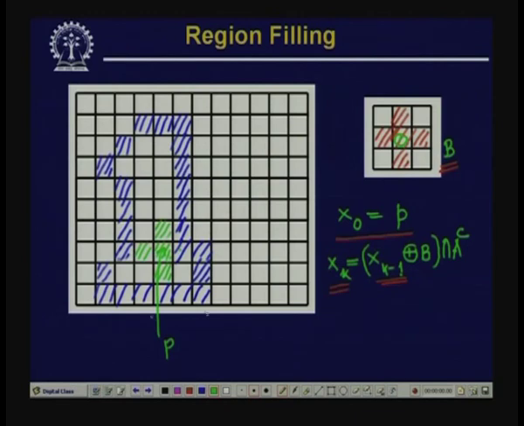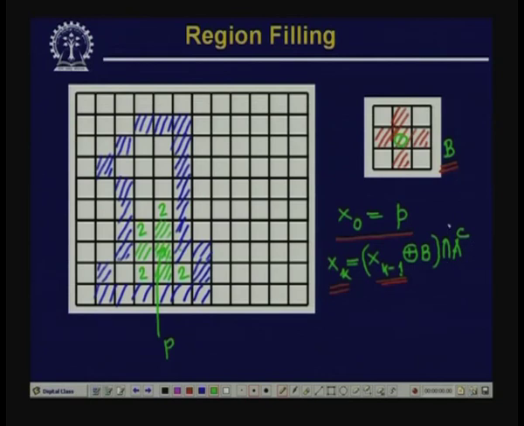Now, what will be x2? x2 will be dilation of all these points. So, if I just give the label, say these are the points which will be made equal to 1 after performing dilation in the second iteration. So, these are the points which will be made equal to 1 after performing the second iteration and taking the